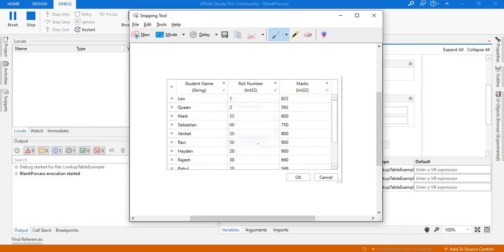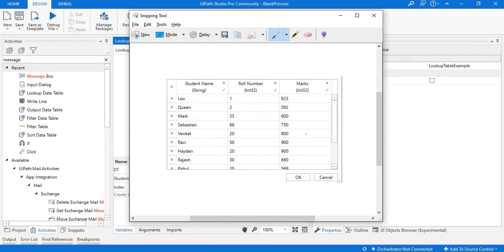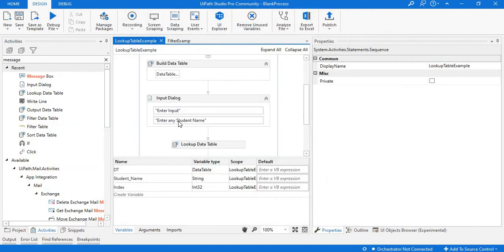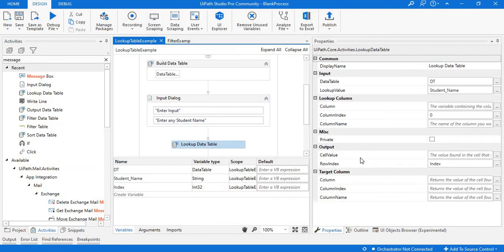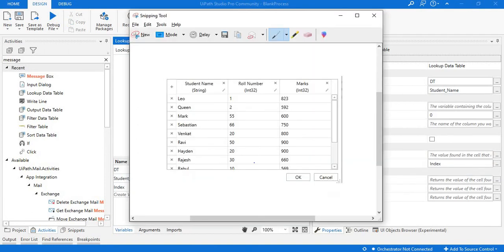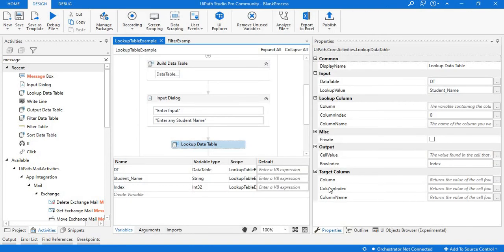Okay, so we'll do one thing. Now this time I want to display the roll number or marks of Hayden. So we can achieve that with the help of this lookup data table as well. If you observe, we have one more field called cell value, where we need to provide the cell value details. Here we have some more input fields.